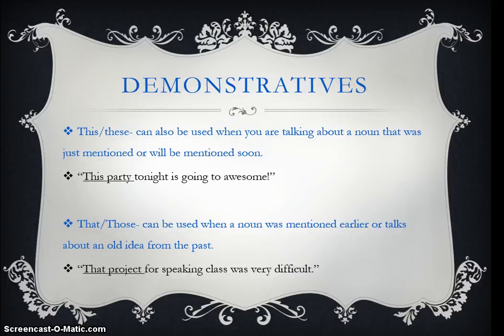Let's look at some demonstrative examples. So this and these can be used when you are talking about a noun that was just mentioned or will be mentioned soon. So if I'm going to have a party tonight, I might say, this party tonight is going to be awesome. I might also say,